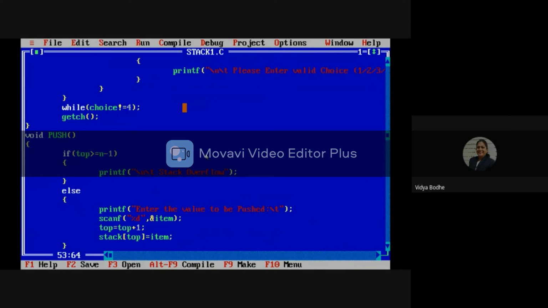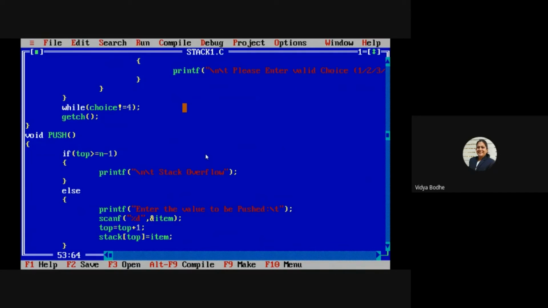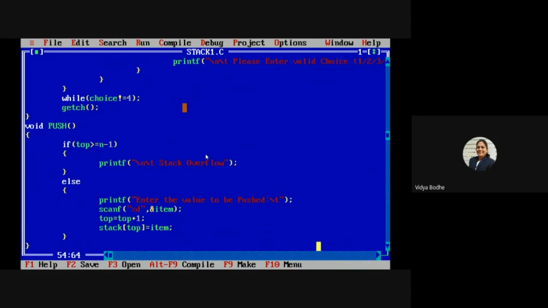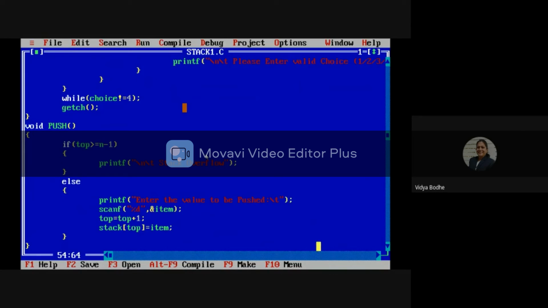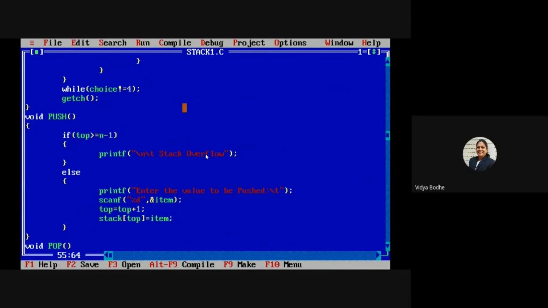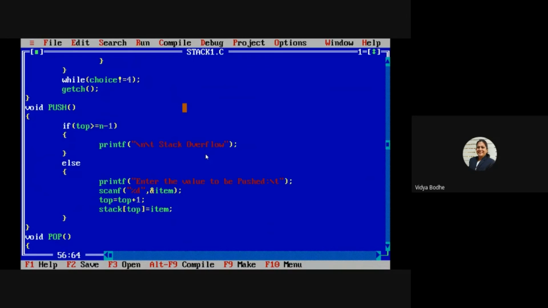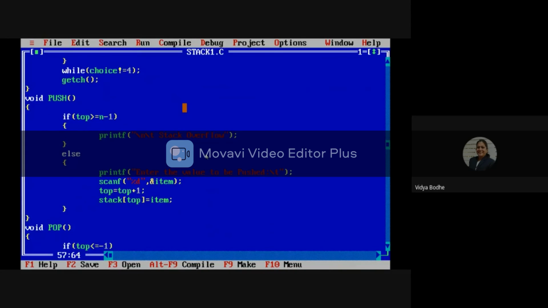Here, if top is greater than or equal to n minus 1, then the message will be printed that stack is overflow. At that position, we will be unable to insert any new element in the stack. If this condition is false, then we have to enter the value that will be inserted in the stack and increase the top of the stack by 1, and at the position stack of top we insert the new element in the stack.